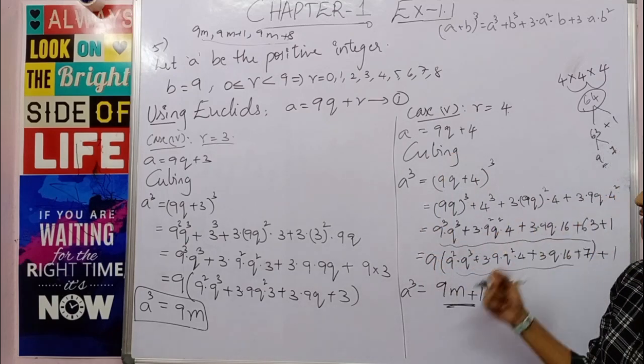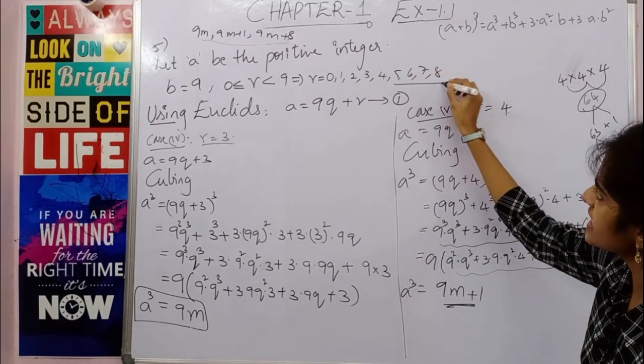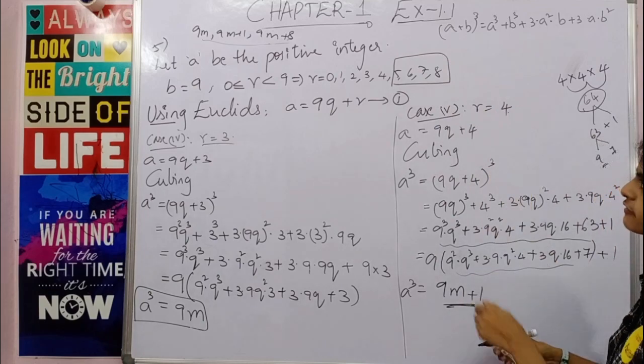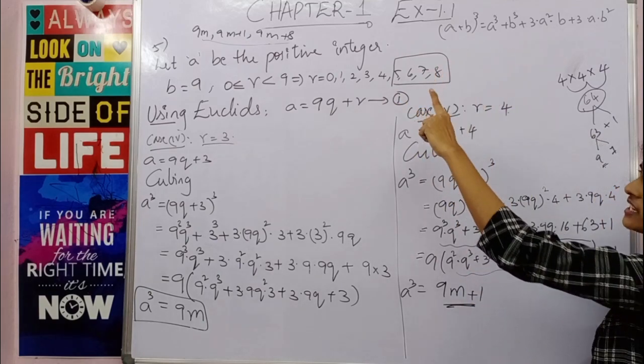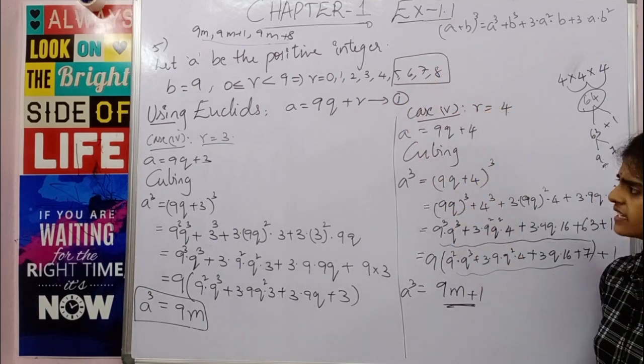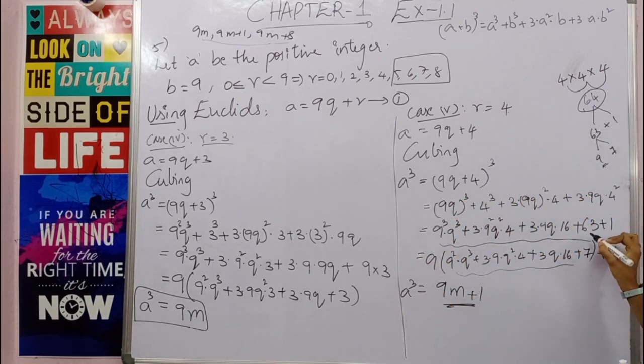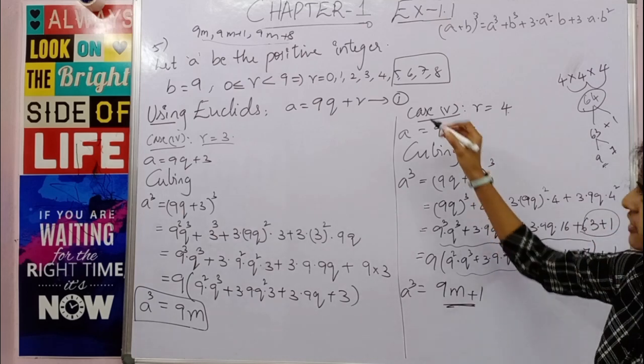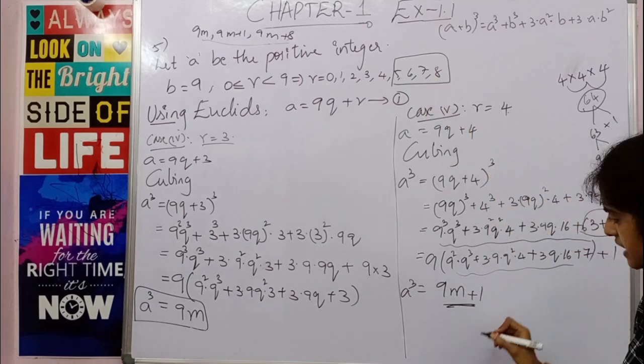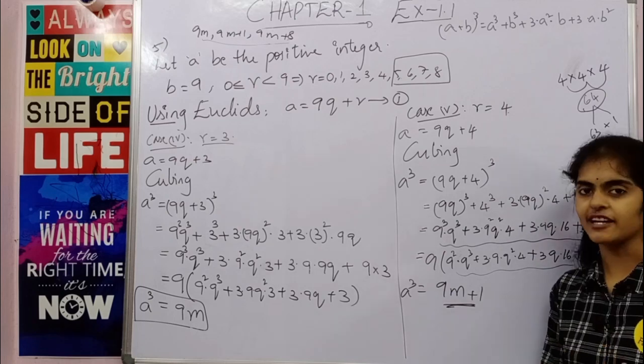I want you to check for r equal to 5, 6, 7, 8. I have done till 4. I wanted you to check for 5, 6, 7, 8. The same pattern repeats. The only place where you get a problem is this last number. You don't know how to split this number. Now for r equal to 5, I am just giving you a hint. I want you to do it.